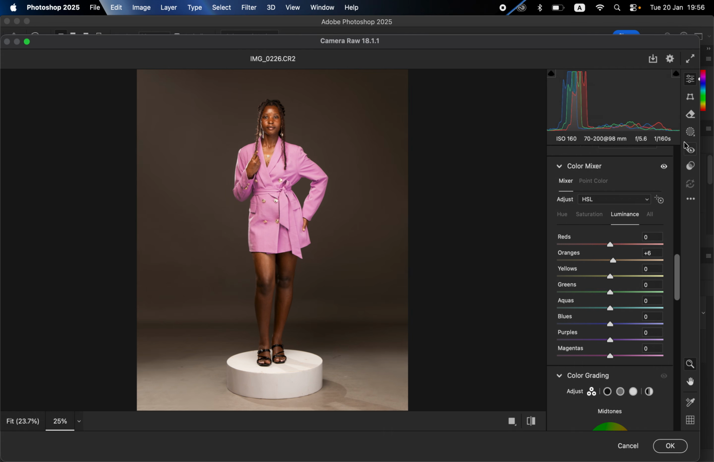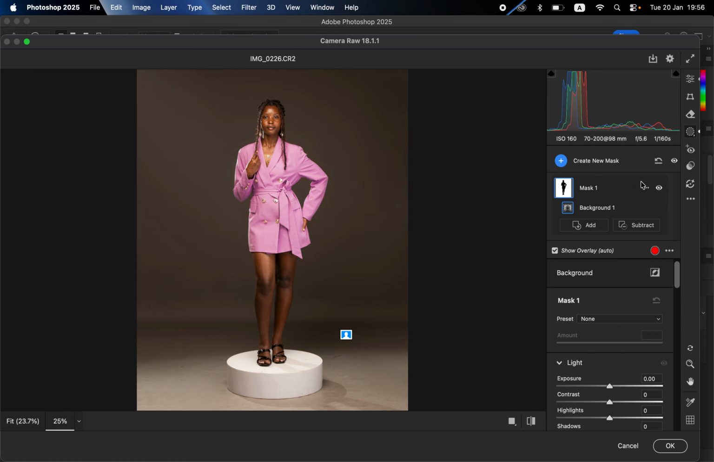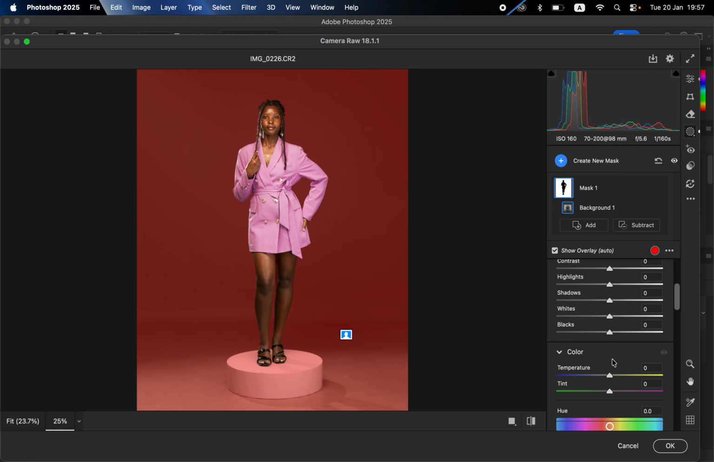So I'll just come to my masking options, and I'll simply come to background, click on background, and Photoshop or Camera Raw is going to automatically select the background in this case. Once it's done selecting the background, remember I want to remove the yellow or warm color cast from the background. I'll just come to my color option and take the temperature slider back, or just like that, towards the blue side, and this is going to make the overall image pop in this case. And you can see the before